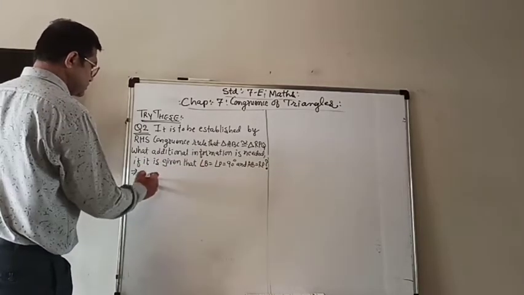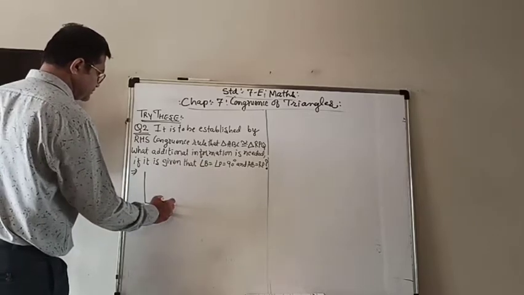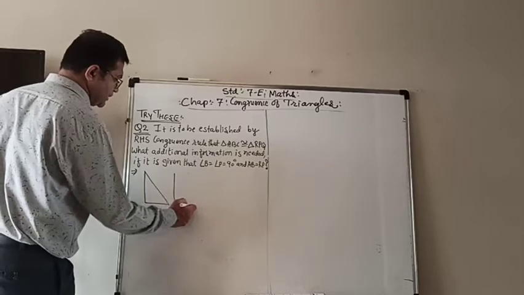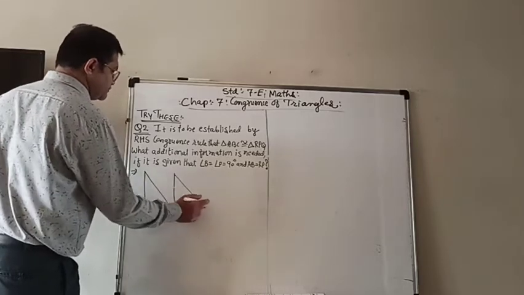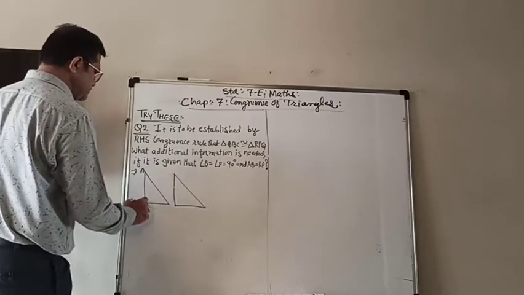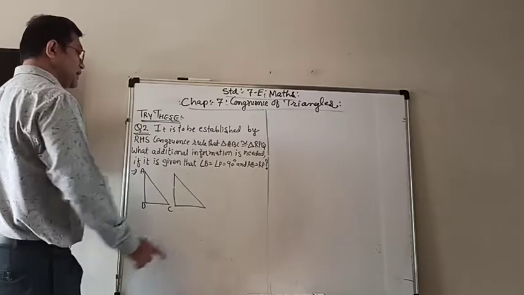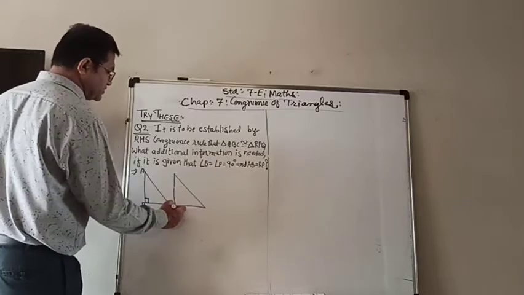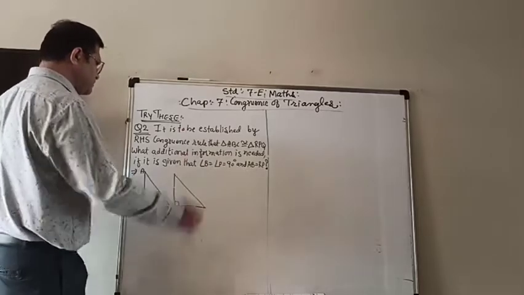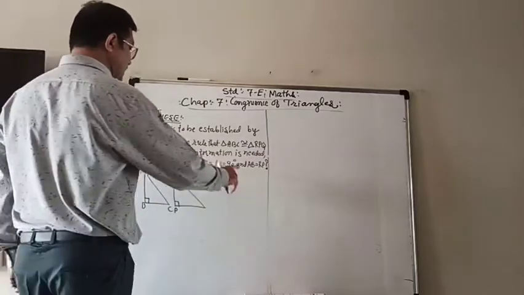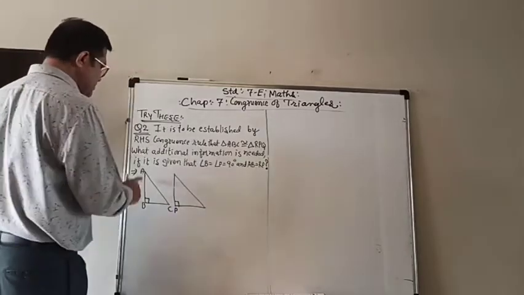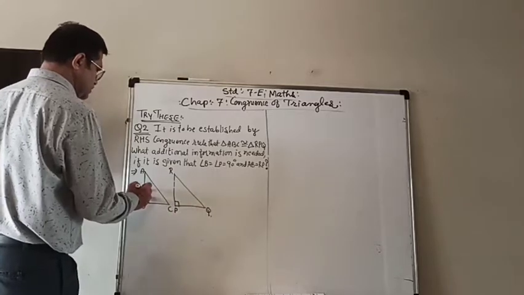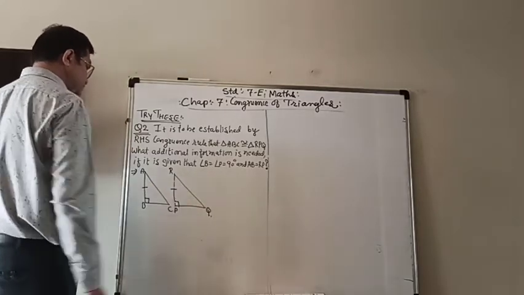So here triangle ABC and triangle PQR, but PQR we will name later. First ABC. Angle B is 90, so we can put 90 here, and angle P is 90, so here we write P. Now AB and RP are equal, so AB is here, so we write RP here and Q. So AB and RP are given.